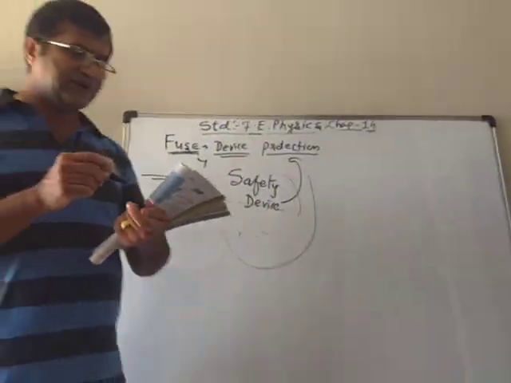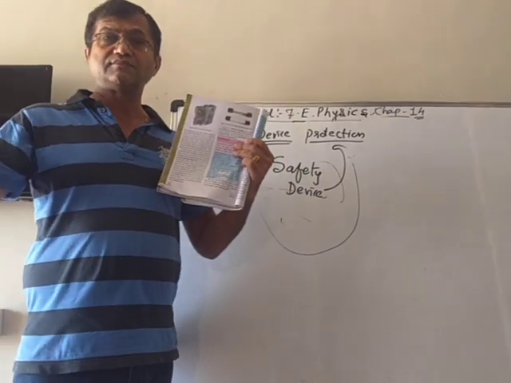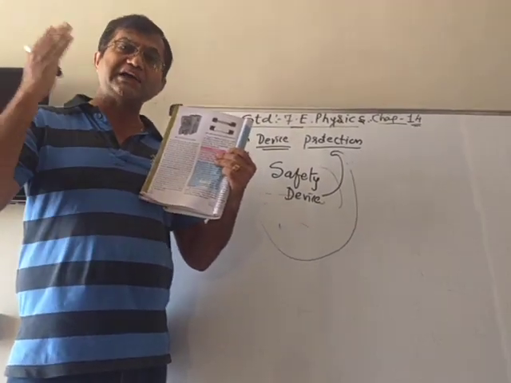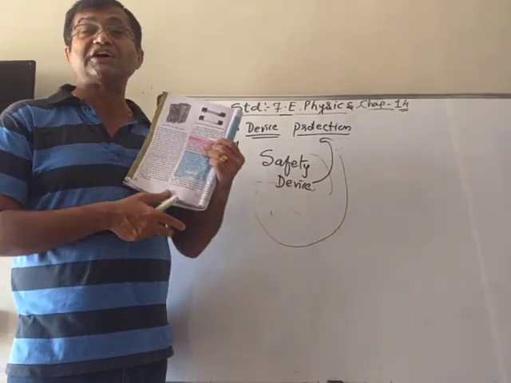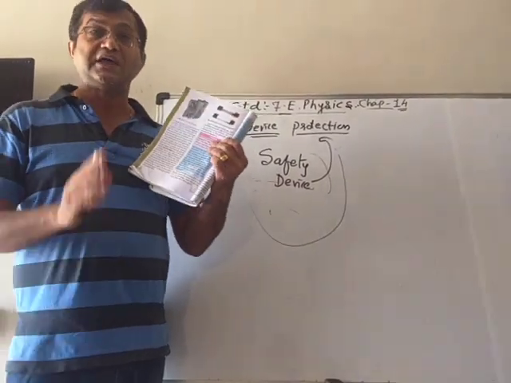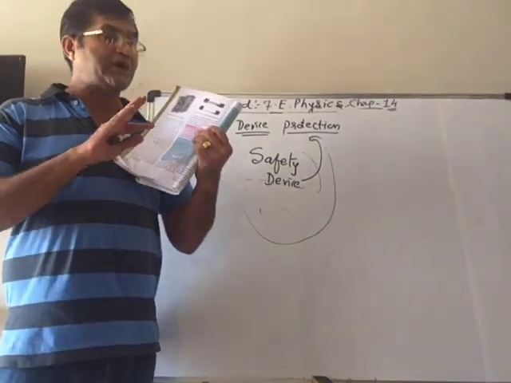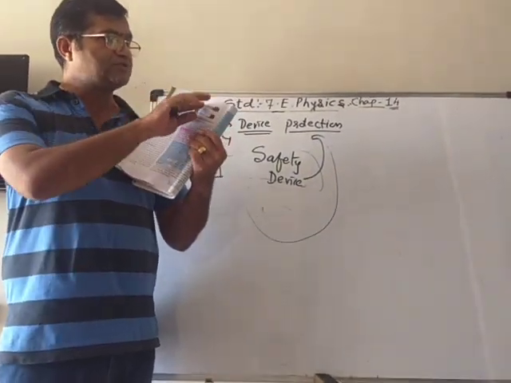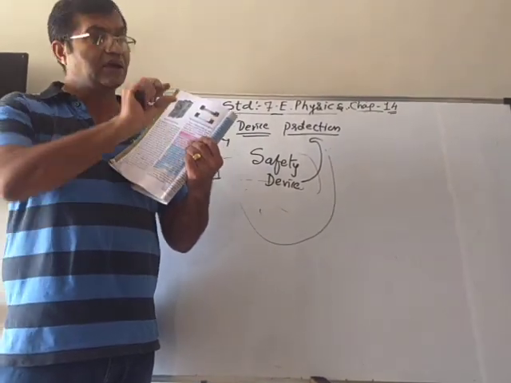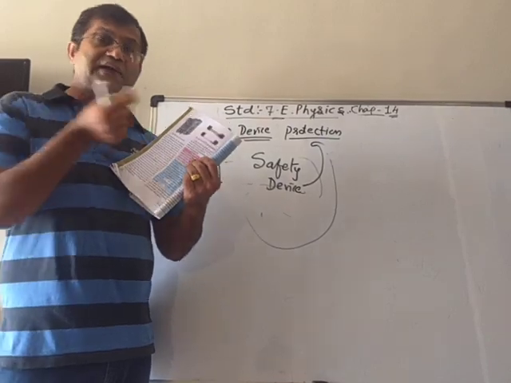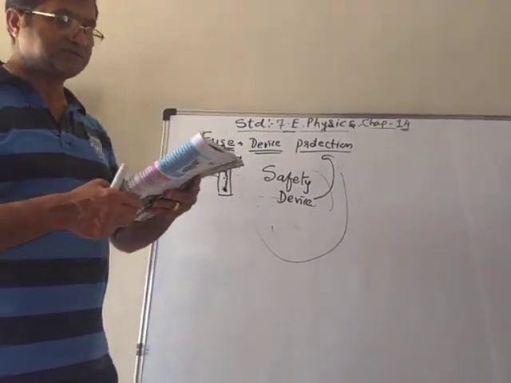So there are different types of fuses. This is the fuse used in your main line outside your house by the electric board, and those are the small fuses which are used in electrical appliances. They have inbuilt fuses also. So if there is some problem, the fuse wire can be damaged, break, and it cannot work, and then you have to take it out and replace it with a new fuse, then it can work easily.